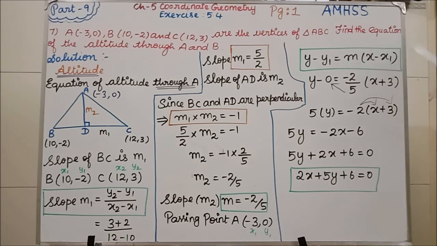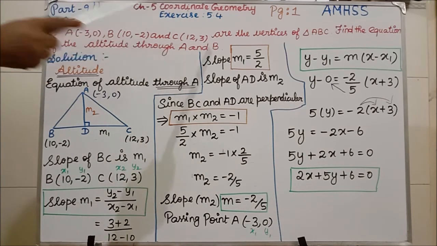Now the equation of the straight line. We are finding the equation of the altitude, so AD, that equation only we have to find, isn't it? So equation means what format should it be? X term, y term, then constant. In that order we have to arrange: 2x plus 5y plus 6 equal to 0. Clear, students? But the question is not over yet. In the question, what were they asking? The altitude through A we have to find, as well as the altitude through B. Now this is the solution for altitude through A.